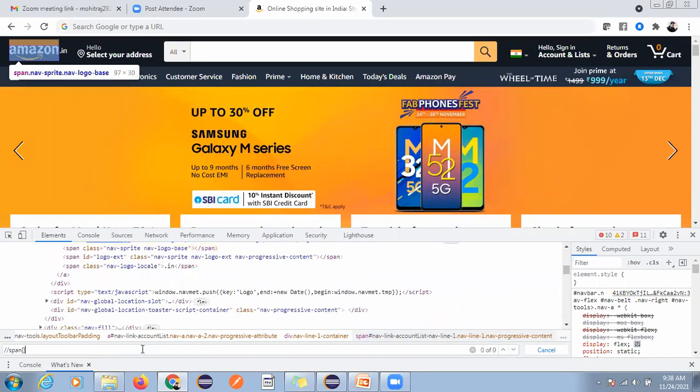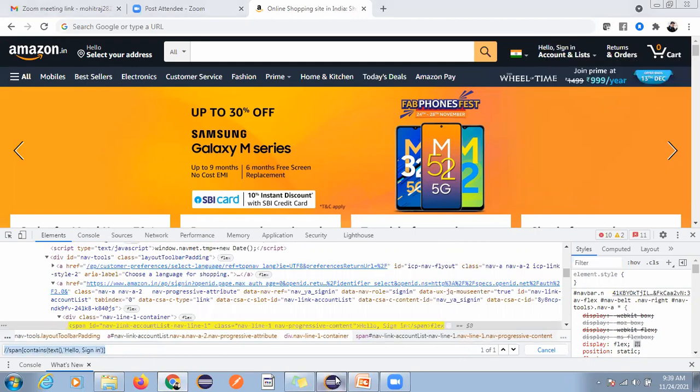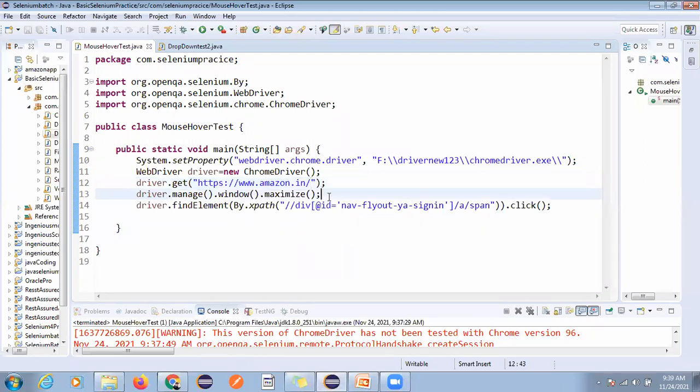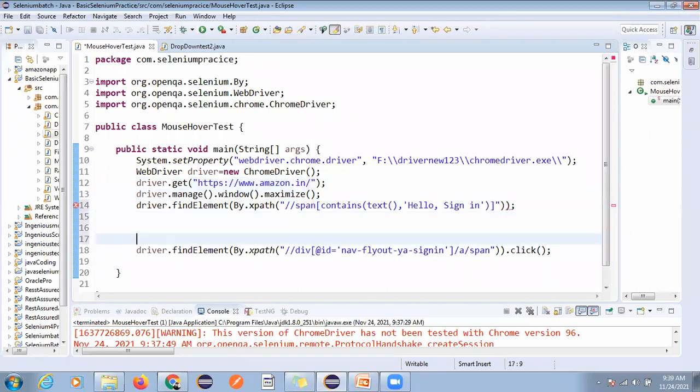Pan at the rate contents. Now first I will find this element. So driver dot findElement by xpath, and now I will store it in a WebElement.